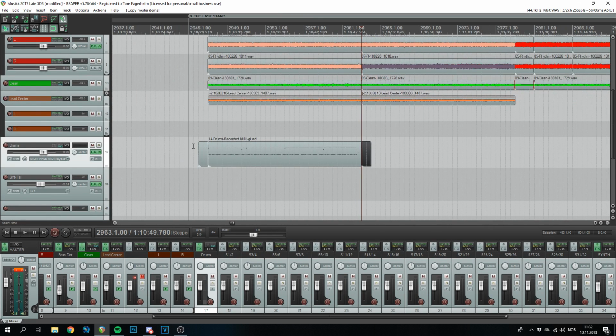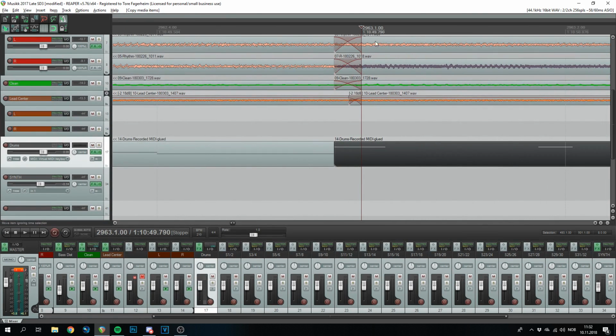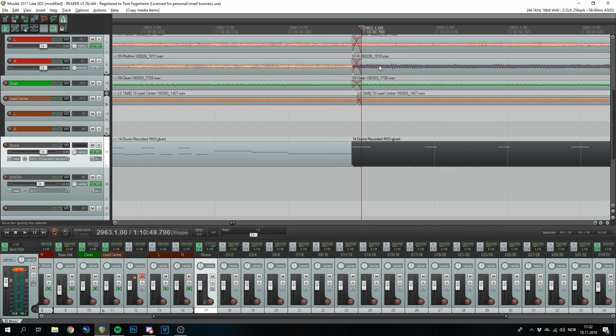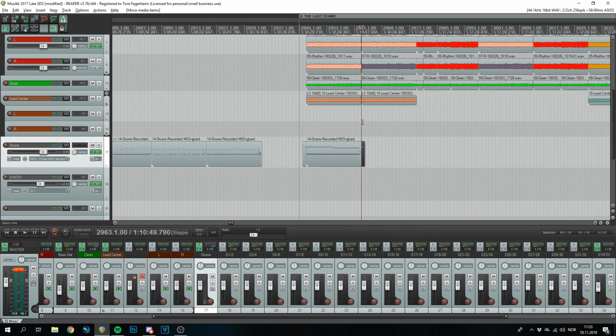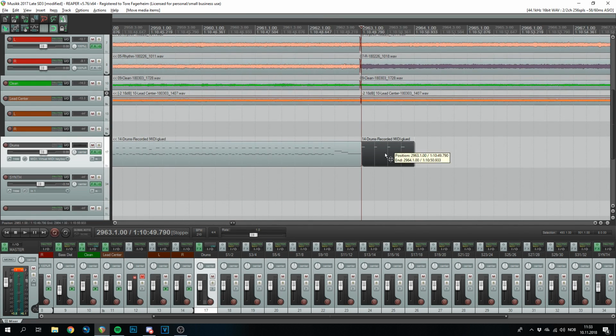Now, when you duplicate or copy around these drum tracks and you already have some overlapping tracks that you've recorded, I have my lead guitar, my bass, and my 2 rhythm guitars. You want to make sure that your drum tracks line up with the actual bars here and not with these things. Just make sure that you don't screw up the timing doing this. So now we're going to create a new track, and